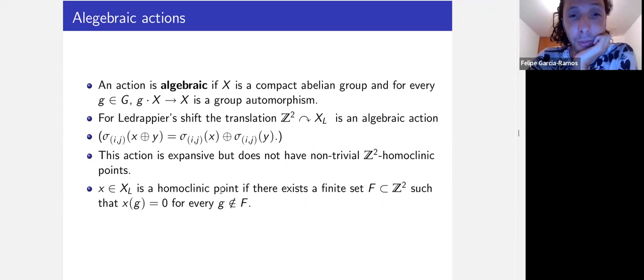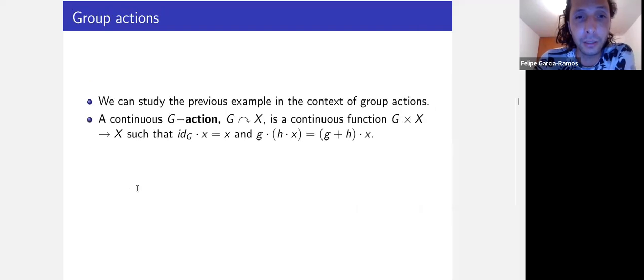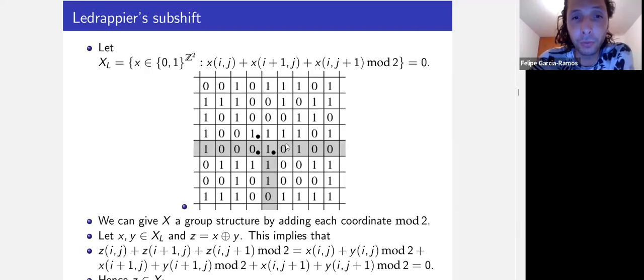A point is a homoclinic point if there exists a finite set such that outside that finite set, everything is 0. So in particular, the point with all zeros is obviously always a homoclinic point. The point with all zeros is in this X_L, but what I'm saying is it's actually the only homoclinic point,